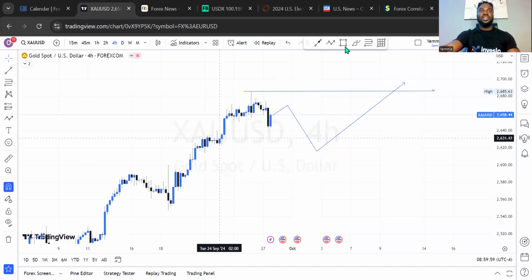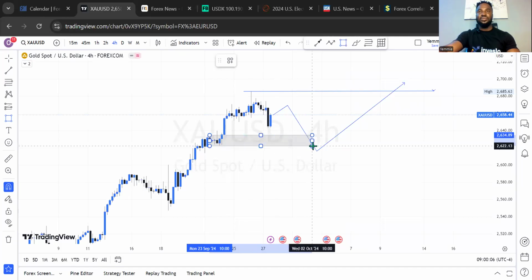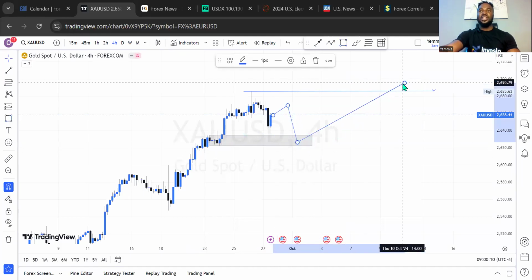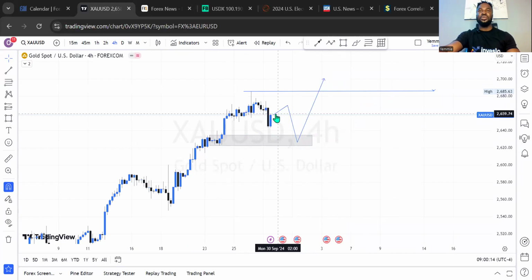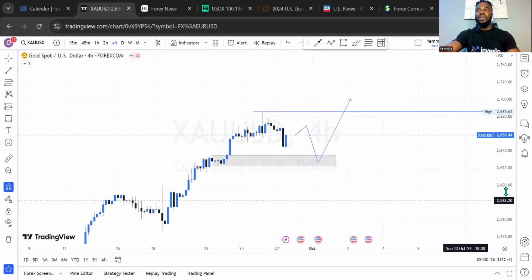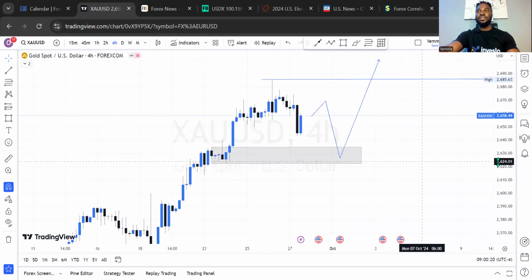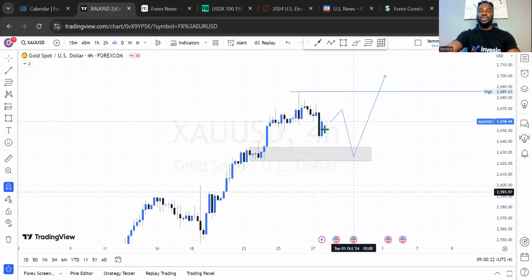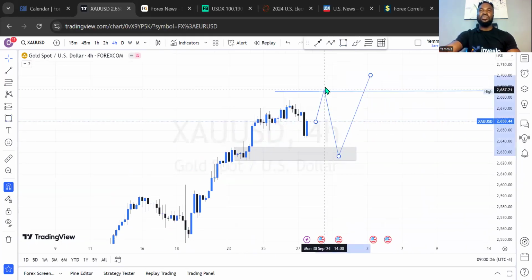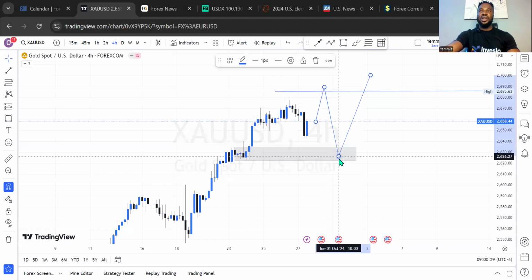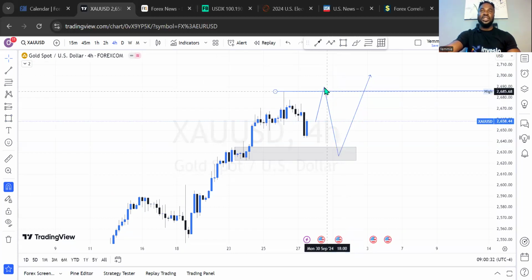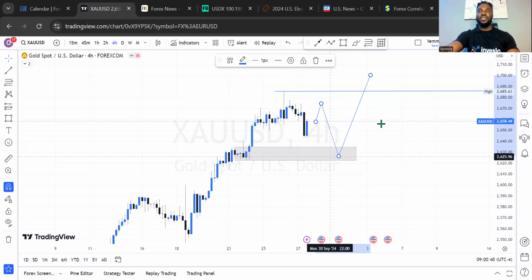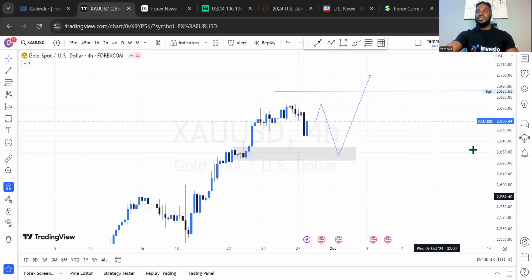On the 4-hour time frame outlook here, this is the price level I'll be expecting gold to get to right here. Which means I'm going to have a refined entry if I'm trading with the 4-hour time frame on gold. So if this is what we had on gold on the 4-hour time frame, what exactly will be our expectation for the new week? With this outlook, is it possible for gold to break the all-time high and come lower to this price range before it buys or not? But that is what the market is all about. However, I'll be waiting for gold to do a bit of retracement to this price level and come back into this price range before there will be a buy.